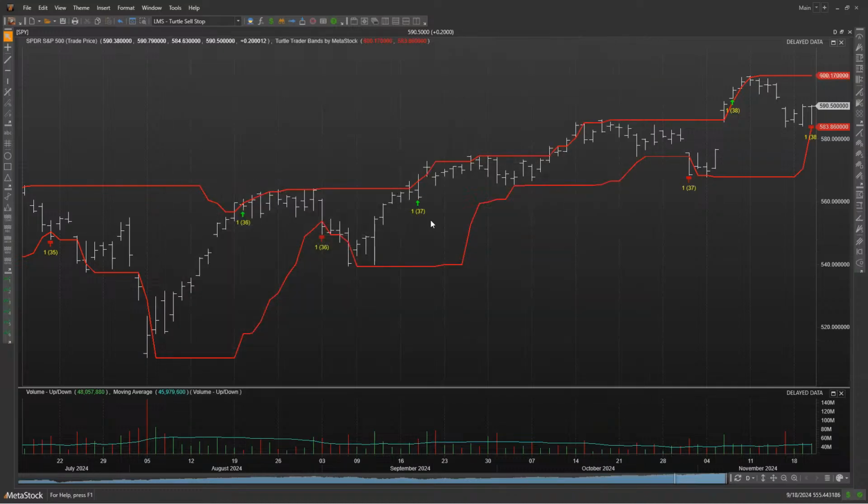Now, if we again look at this signal right here, you'll see that the way we set up the system tester originally was that if we got the buy signal on Wednesday, we wanted to simulate that we got in at the opening of the next day. So in this case, if I hover over that, you'll see that it entered in at a price of 563.74. And if I hover over that bar, you'll see the opening price is 563.74. So that's perfect with how we originally wanted to test it.